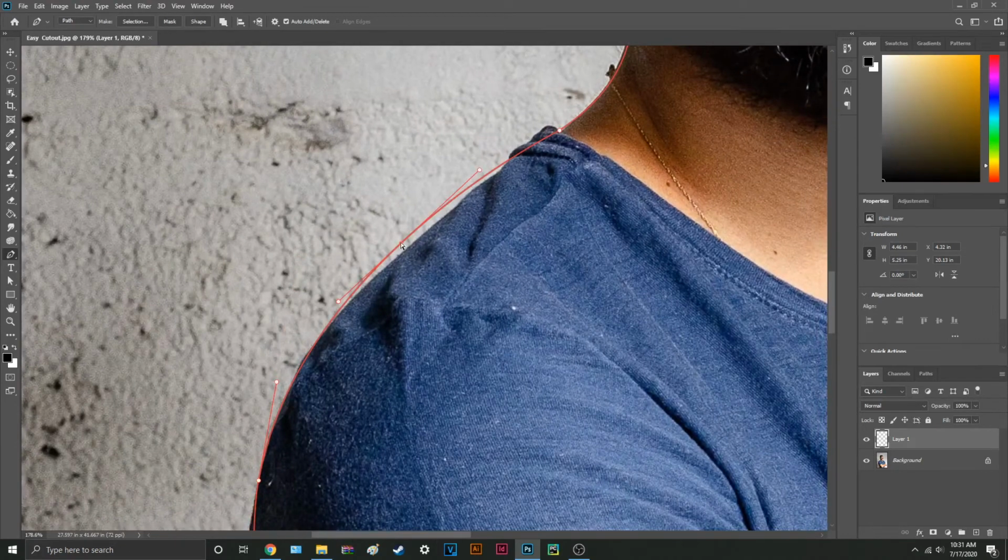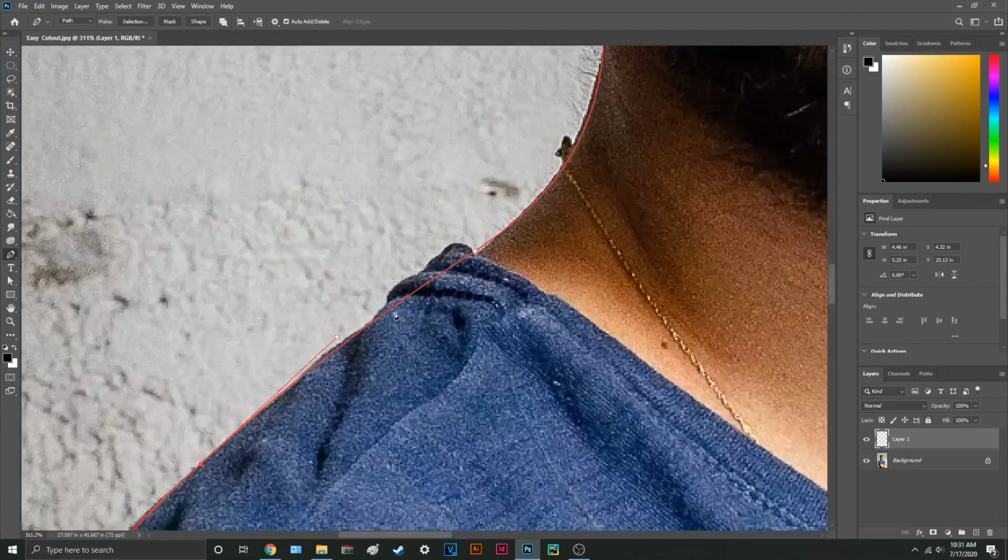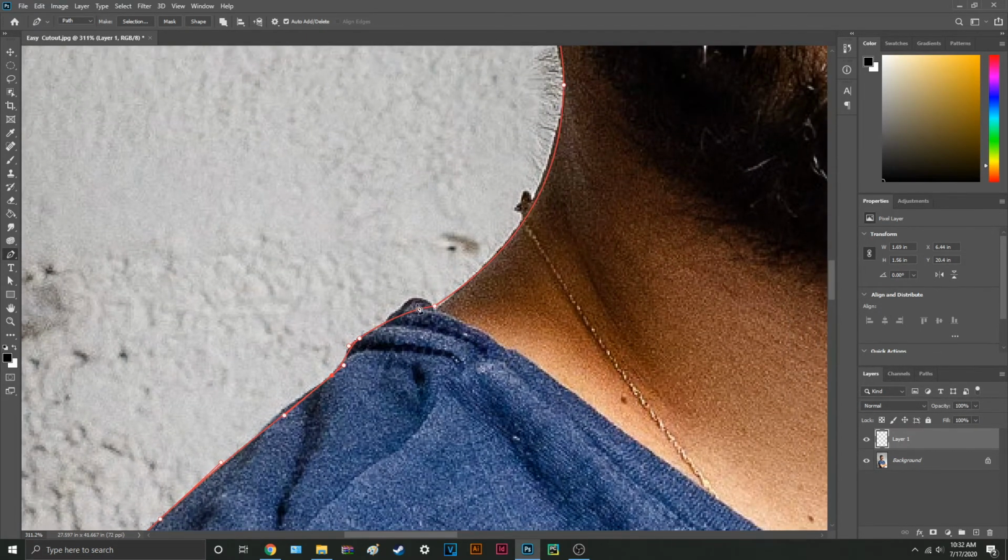I'm going to dip the path inward to contour to his shoulder again. I'm going to make a point right here, dip it outwards for the creases in your shirt, inward for the collar, outward, inward,